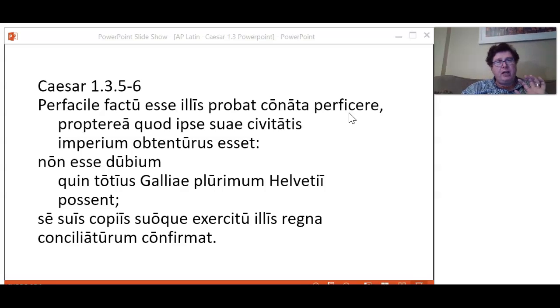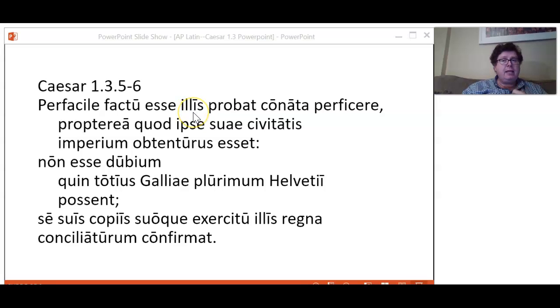Now the next thing that's tricky to realize is that the infinitive perficere, remember, because an infinitive is kind of like a half verb, half noun, it has a little bit of both, this perficere is the subject of the indirect statement. To achieve. Now conata is going to be the direct object of this infinitive, again because it's also part verb. That to achieve the undertakings, the conata, is per facile, quite easy, factu, to do for